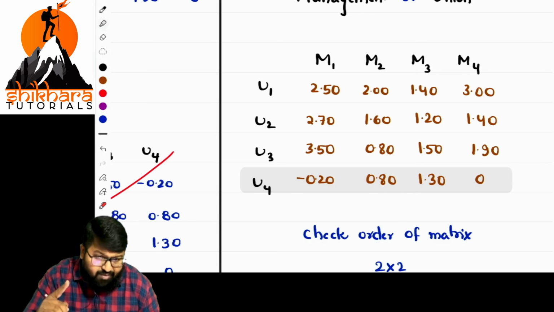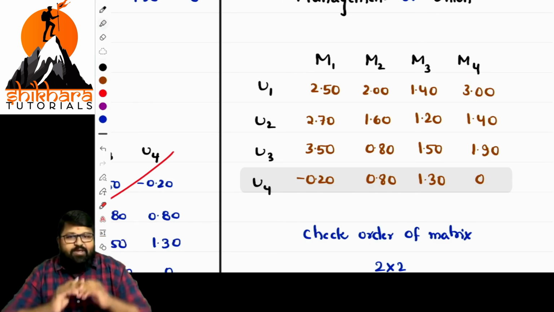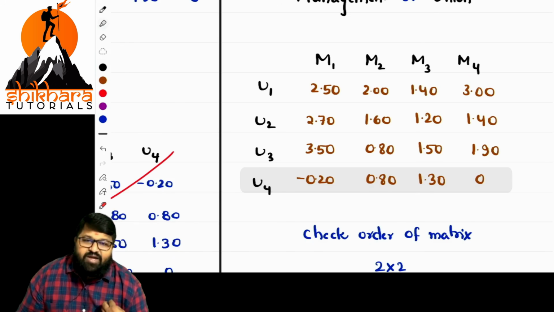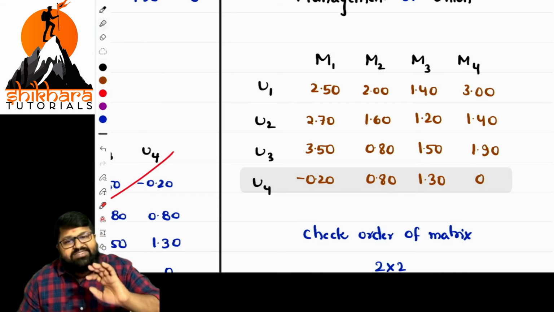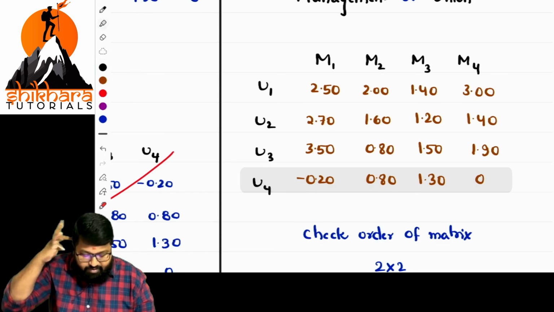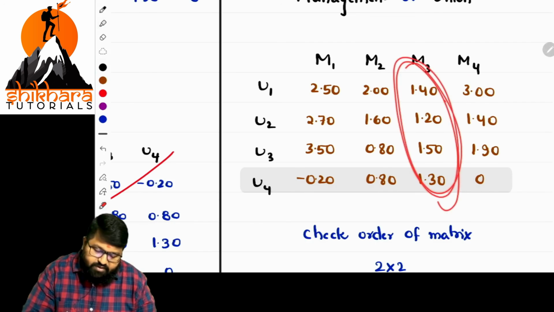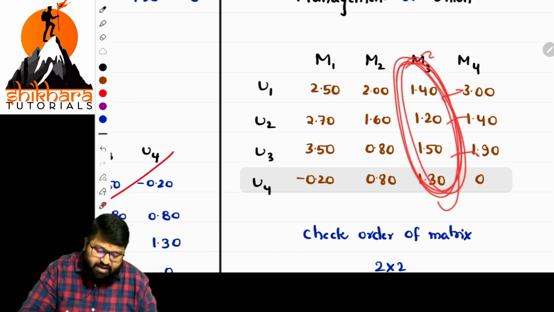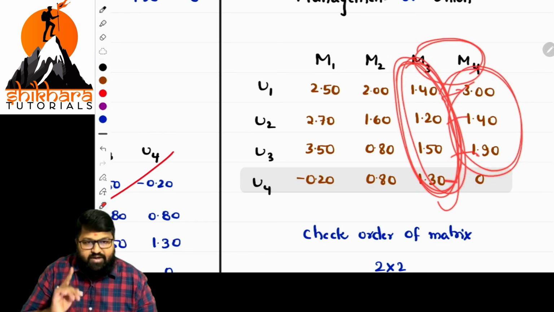In the case of columns, management wants to eliminate the highest one. Because for management, what is their main target? They don't want to pay more. So they will try to eliminate the highest pay column. For example, if you take this with this, which is highest? All three are highest. So let us eliminate this one. By comparing M3 and M4, we are eliminating M4. Why eliminate it? Let us see properly.